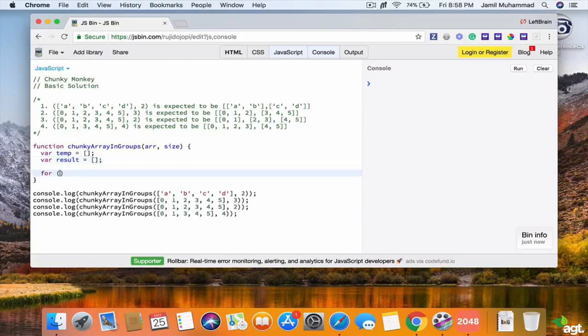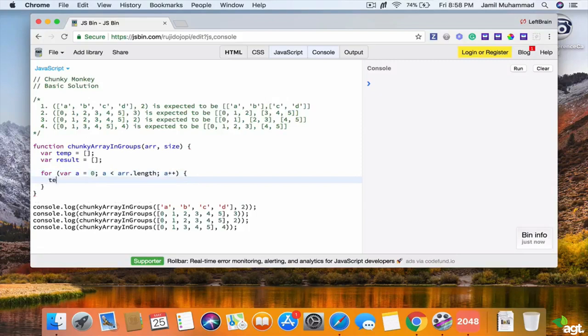And I'm going to have a for loop with var a initialized to 0, and then a is going to be less than the length of the array, and then a is going to be incremented by 1. And then for the temp array, we have temp.push(array[a]),